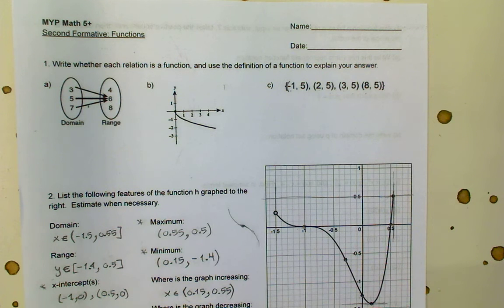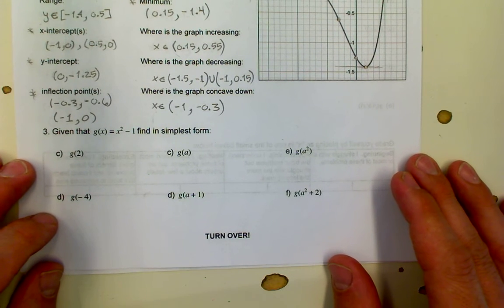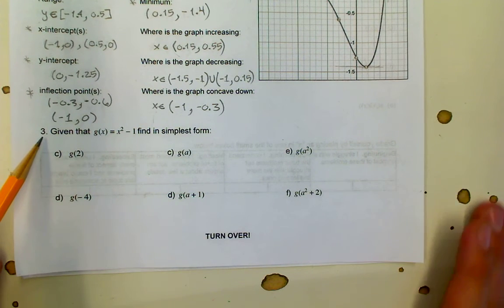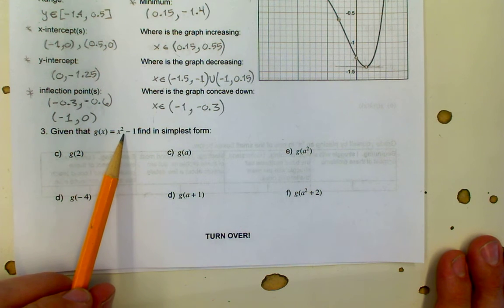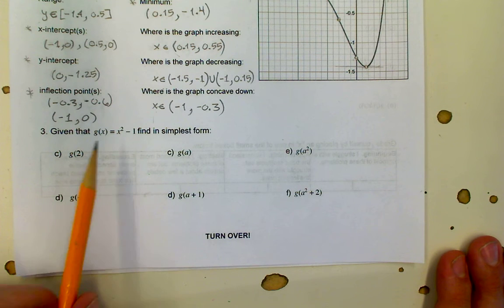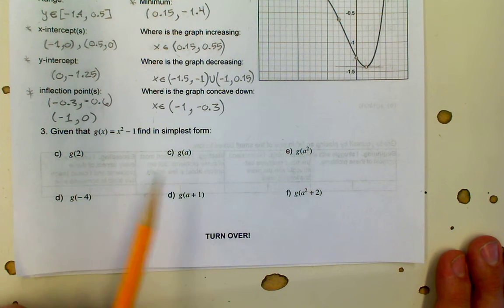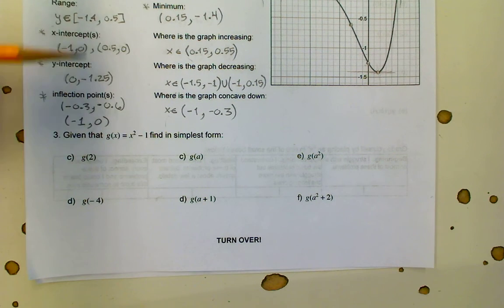In part two of this video series, I'm still going through the solutions for this second formative about functions. I'm going to skip down to the bottom here, number 3. We're given a function, g of x equals x squared minus 1, and we're asked to evaluate this function at various values of x. And it's worth just reminding everybody that